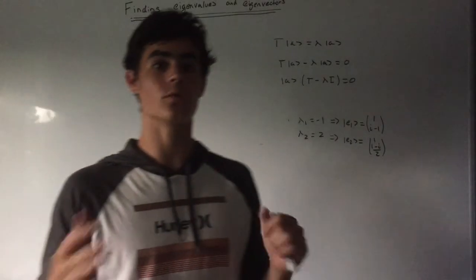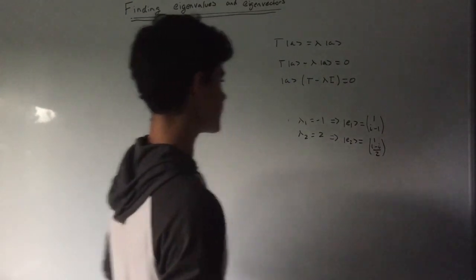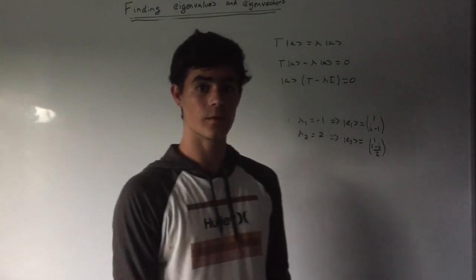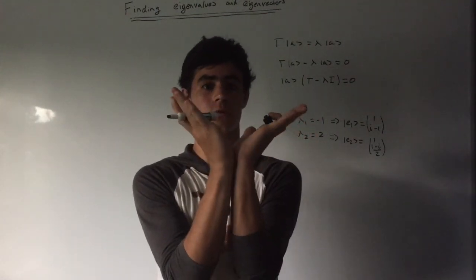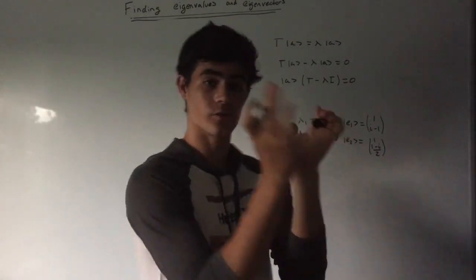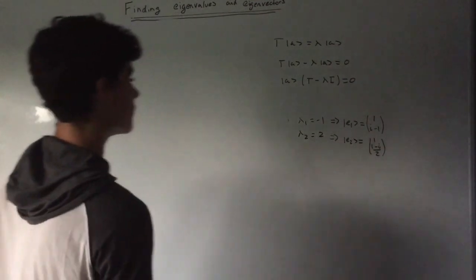Okay, so how do we know that we got the right answer? The main idea here is if we take our two eigenvectors right here and we take the dot product between them, the dot product between two orthogonal vectors, which two eigenvectors will always be, should be equal to 0. So when we do that, we get,